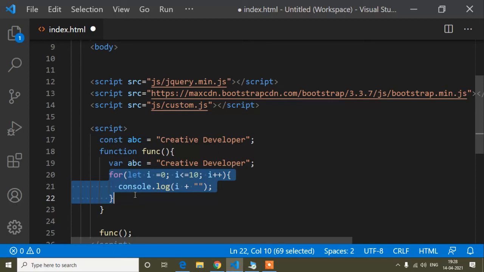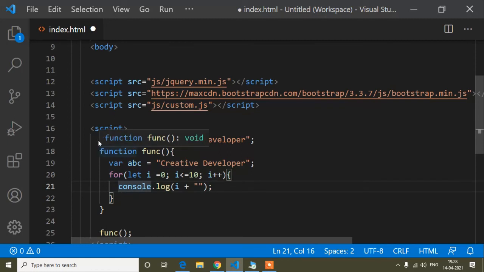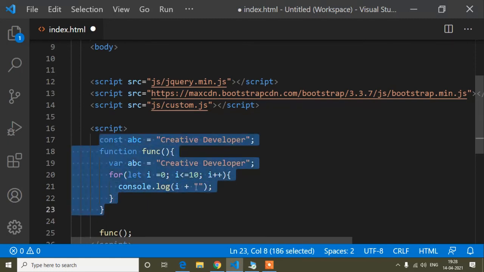And you have seen some differences: we cannot update the value using the const keyword, and we cannot create a dynamic value using the let keyword also, okay. So you have seen that difference. If any interviewer asks you, I think you can give the answer. We cannot create a dynamic variable using the let keyword, and we cannot update the value using the const keyword. The var keyword we can use every time, in every situation. So now guys, hope you have understood the difference, and here I have tried to explain it more clearly.